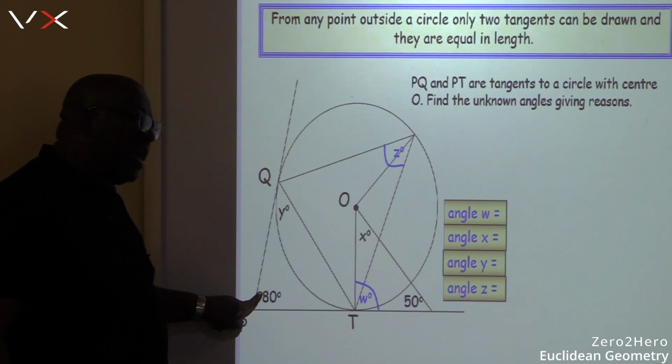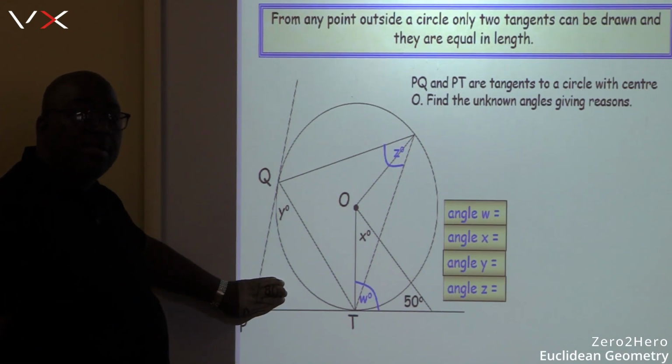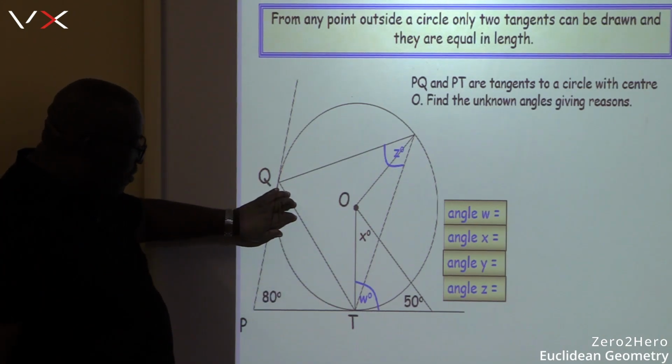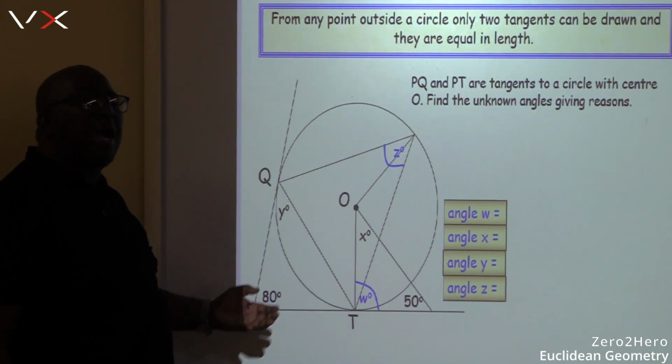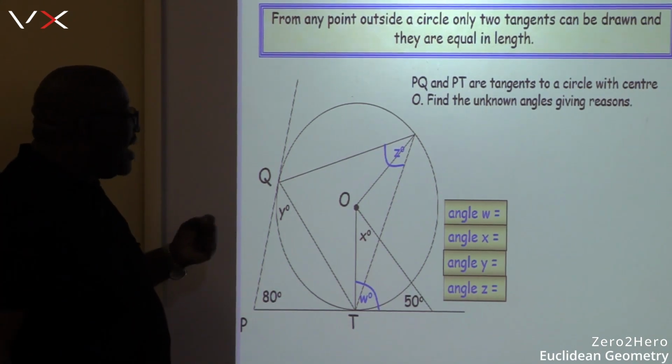The sum of interior angles of a triangle. I already have 80. To get 180, what am I short of? I'm short of 100. And those two will be the same. So this will be 50, this will be 50. So this is how we'll go about finding the value of Y, that it is 50,